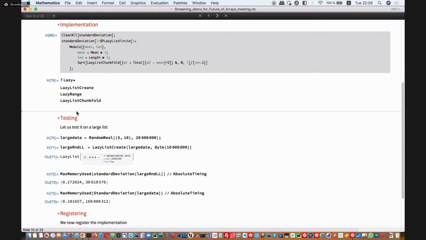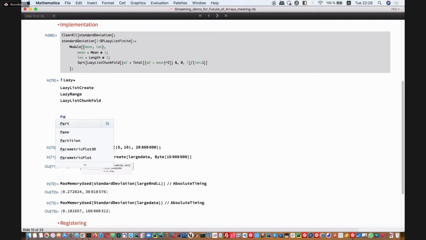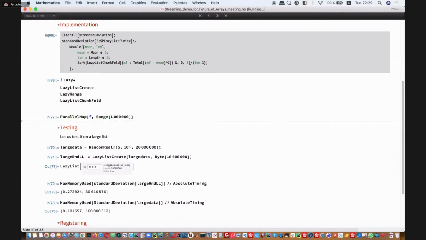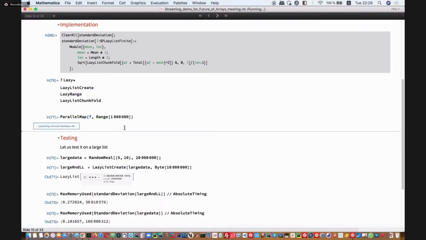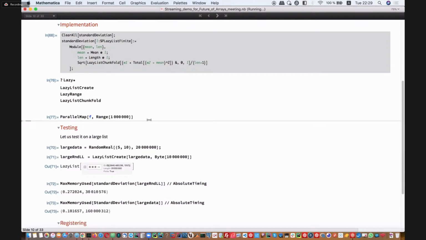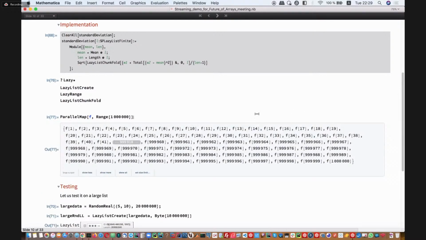No, that's absolutely right. But for parallelism you should use data structures as a source for your chunks. Just to mention something I forgot earlier, Leonid, if you could help me, just type ParallelMap of f comma Range of 1 million, just so I have something to show. This does not expand the range on the master kernel. It dissects it symbolically and sends the range commands to the other kernels. So this already does something similar, but it recognizes Range as a constructor, and it avoids the